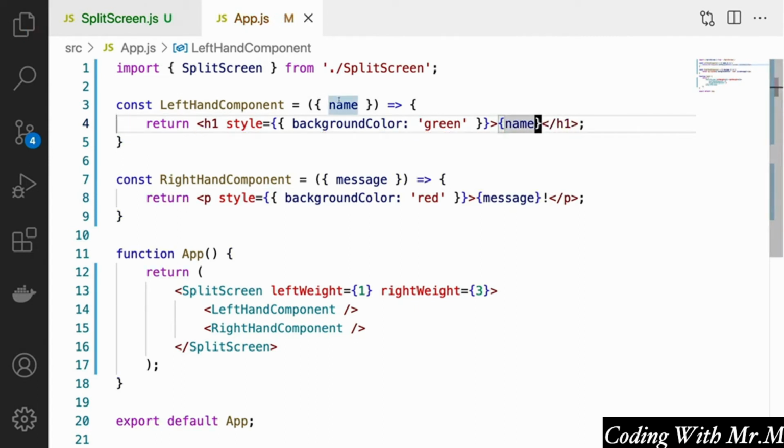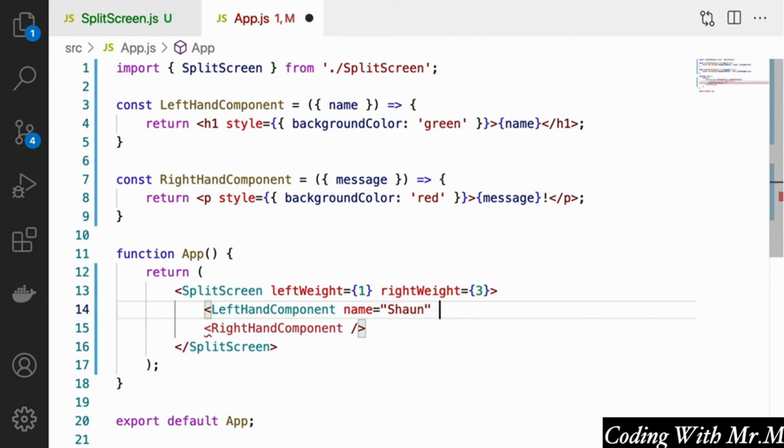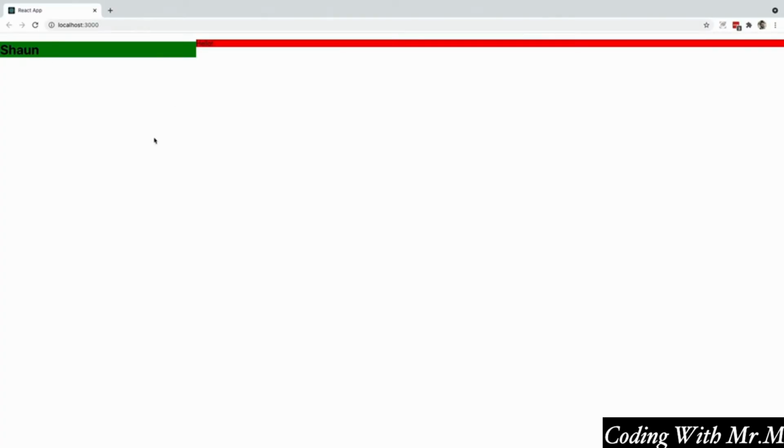If we want to pass those props into our left and right-hand components now, we can just do that directly. So we can say name equals Sean, for example. And for our right-hand component, we can say message equals hello. Okay, and we can see that that works just like we want it to,